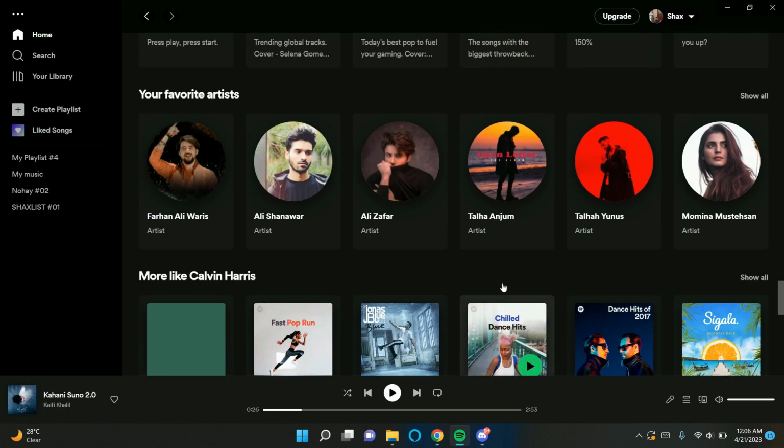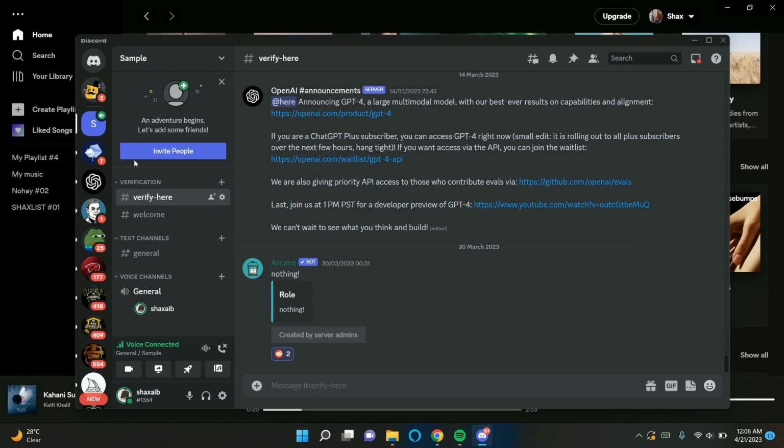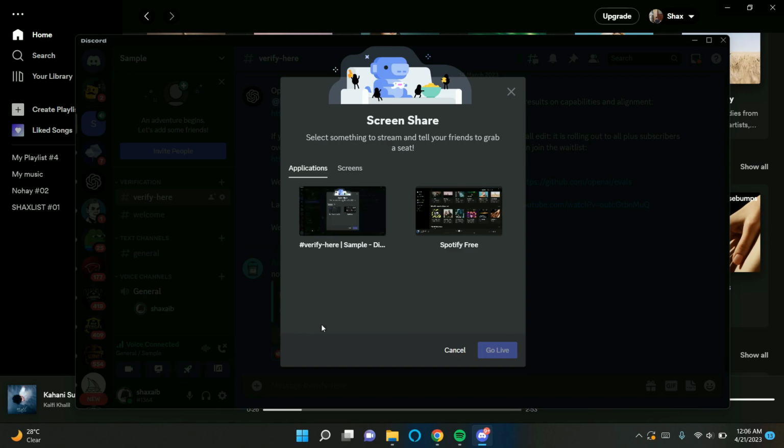Now in order to do this, the best way is you just have to share your screen. First of all, open up your Discord, and right here you can see in the bottom we have a share screen button. So you're gonna tap on that and a new dialog box will open, and make sure to select the applications tab from here. And if your Spotify is currently running in the background, a Spotify free screen will be available here. So you're gonna tap on that,